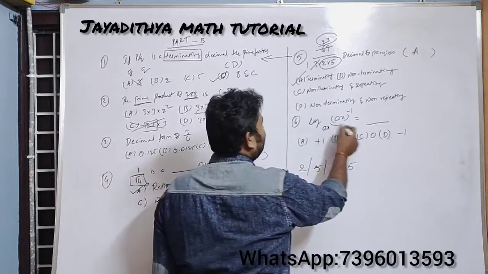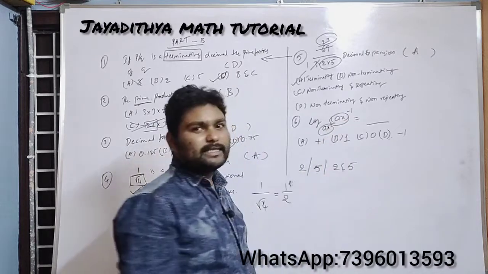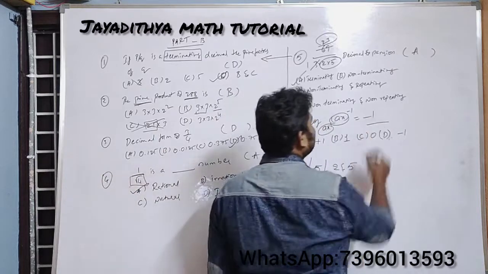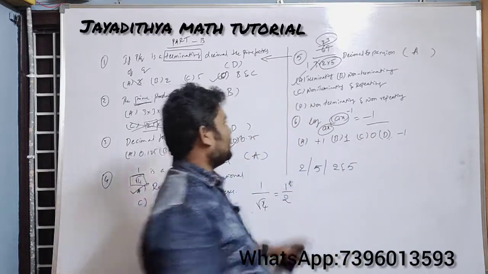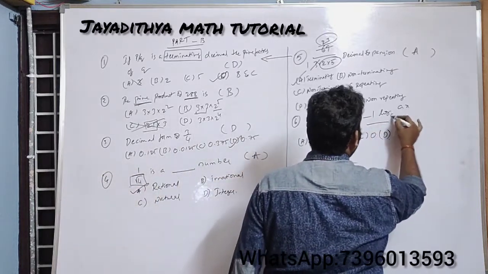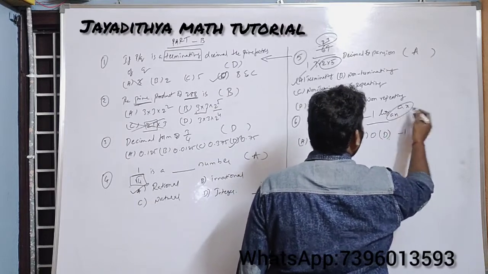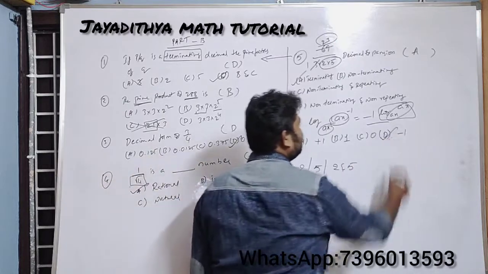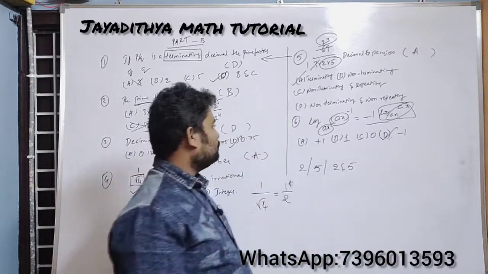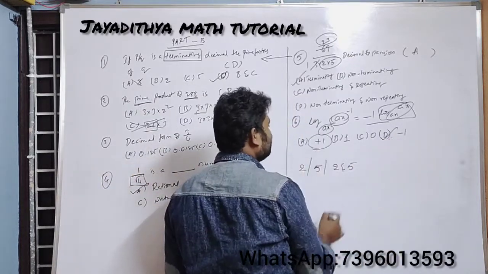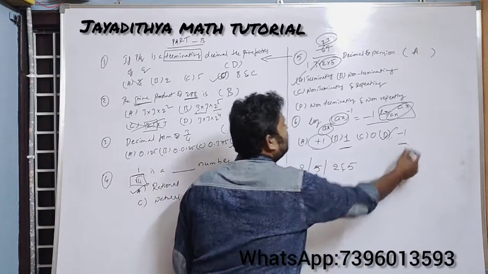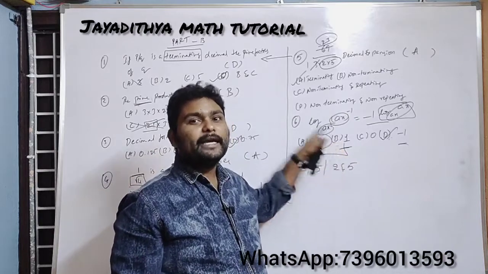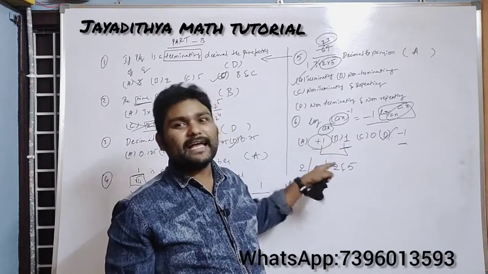See here, again you have a logarithm question. Both are the same numbers. So log a power m can be written as m log a, with a minus sign. Those values are the same, so this complete value of the logarithm will be equal to 1, minus 1 into 1 is minus 1. Again here, in order to confuse you, he has given plus 1 as one option, just 1 as one option, and minus 1 as another option. Actually both are the same. If you don't have any symbol before, it should be positive. So he is testing that also.